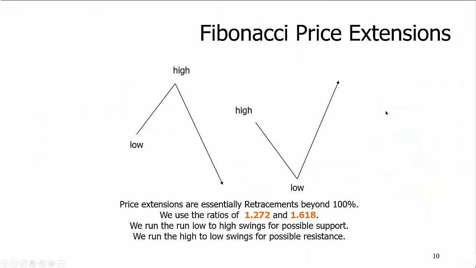The next type of price relationship that I use in this work is what I call a Fibonacci price extension. And that's essentially a retracement beyond 100% of a prior swing, okay? So, for example, we're going to look at prior low to high swings. We're going to run the extensions and look for possible support. So we're going to run a 1272 extension and then a 1618 extension and look for possible support around that. Or you take a prior high to low and extend upwards using the ratios of 1272 and 1618 for possible